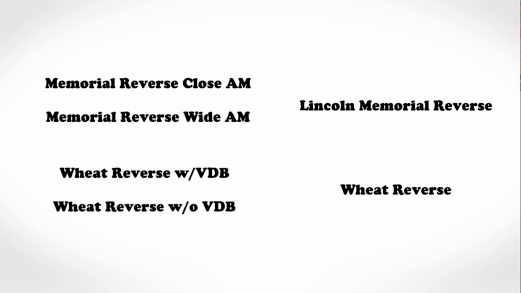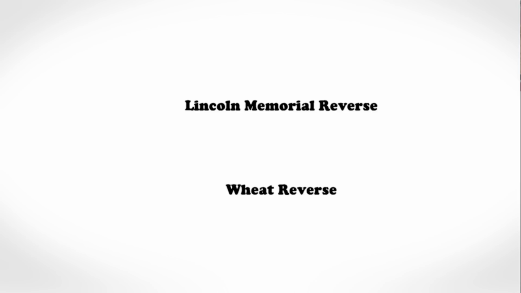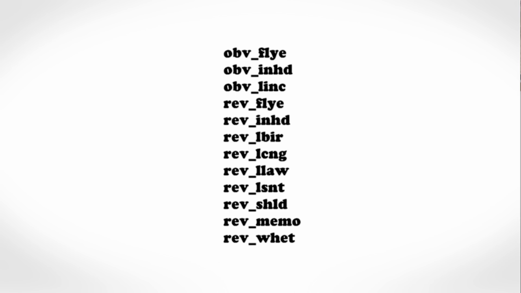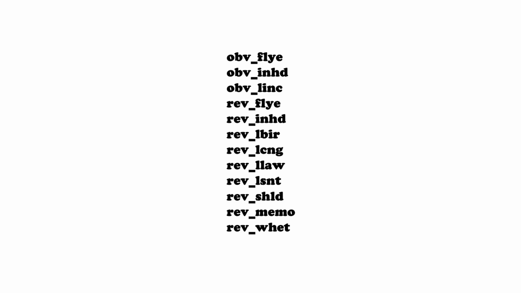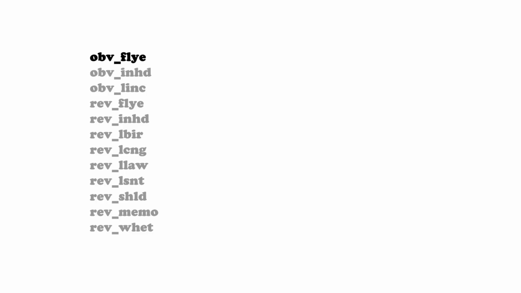By combining those 4 different designs into just 2 separate output classes, Lincoln Memorial Reverse and Wheat Reverse, it narrowed the initial number of output classes in the initial model from 14 down to just 12. In other words, the first model would sort the 6 million images by different designs and separate them into 12 separate output classes. Each of those designs would then have a separate subset of output classes that would check